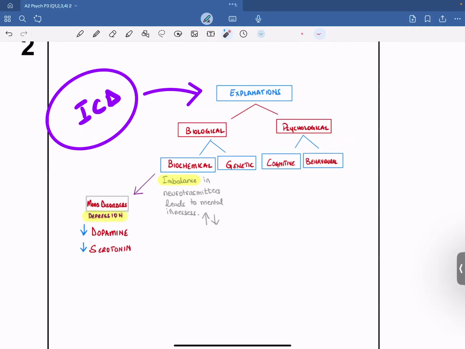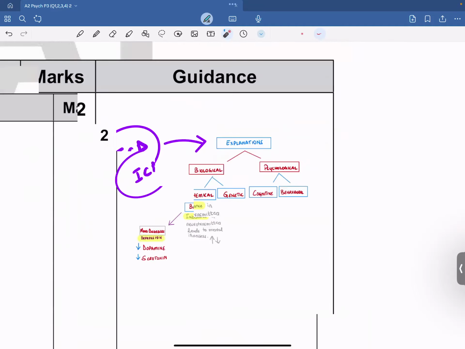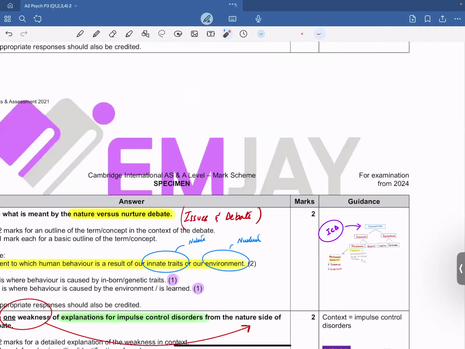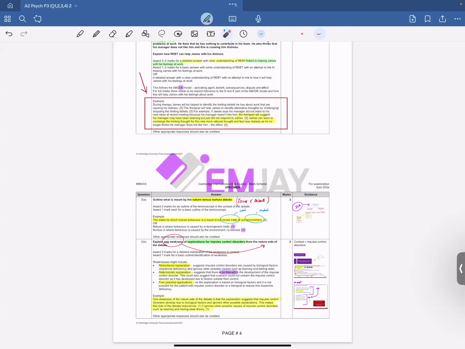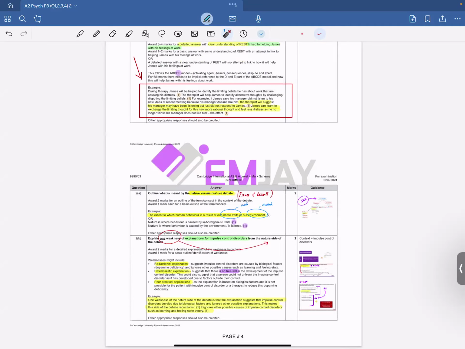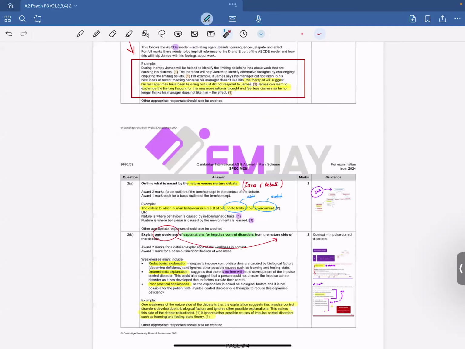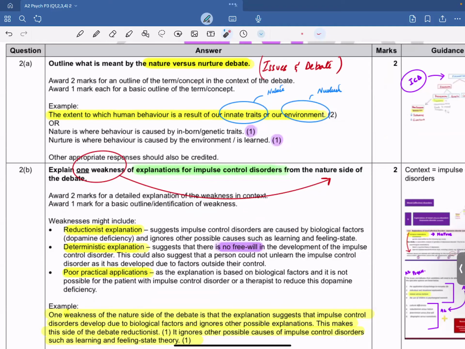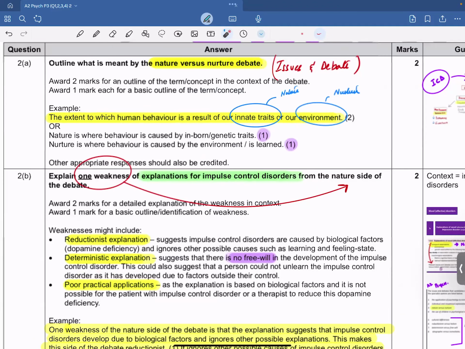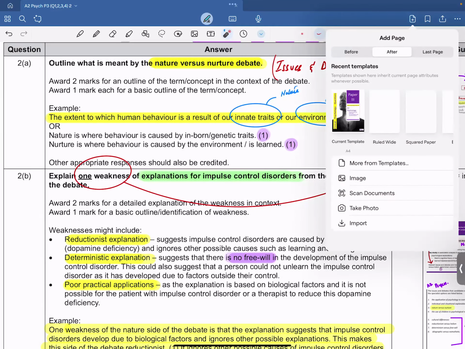So let's take this a little further and talk about the nature versus nurture debate. Now, as we speak about the nature versus nurture debate over here, the nature versus nurture debate examines whether behavior is primarily determined by biological factors or environmental factors or social influences. If I may, I'll just drag a paper over here and write this down for you.